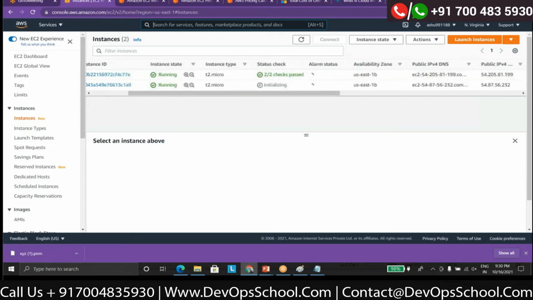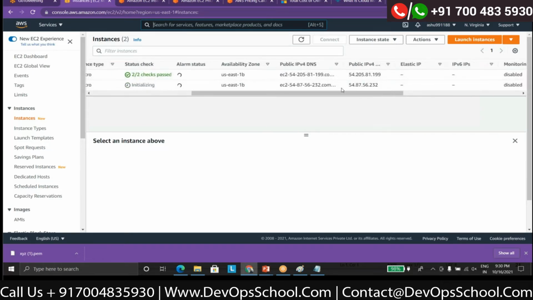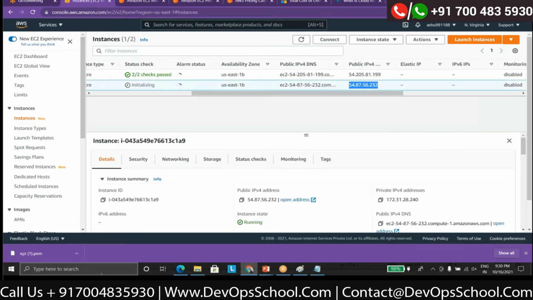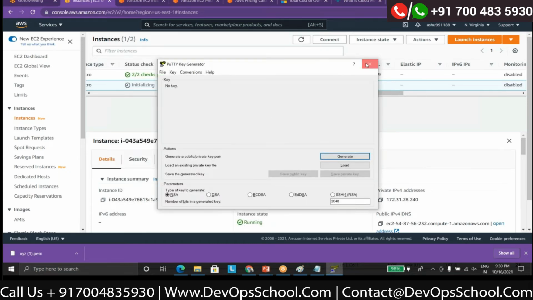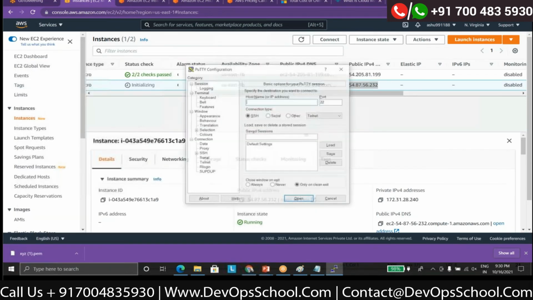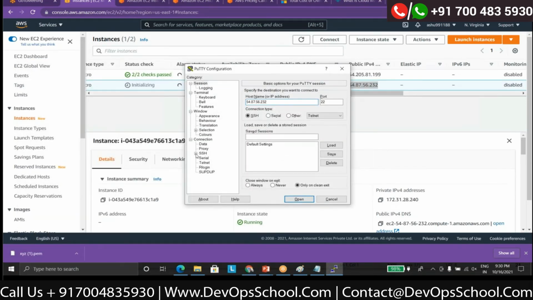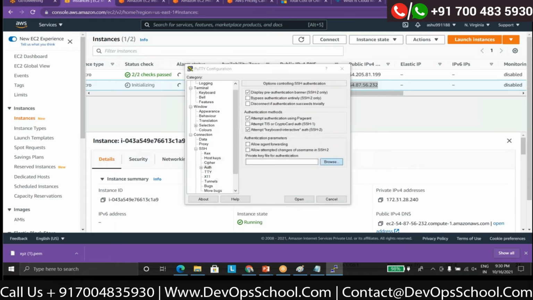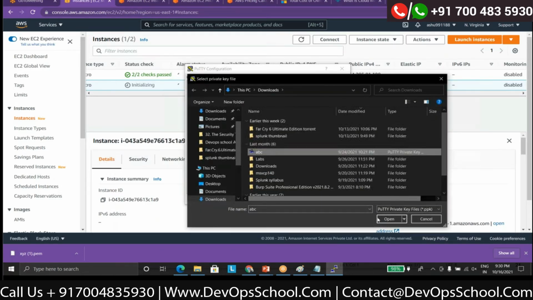See, it is now in running state. It is performing a status check initialization, and there is the public IP. If you want to access it, you can just use PuTTY. Paste this IP here, go to SSH, then auth, and here is my key ABC.